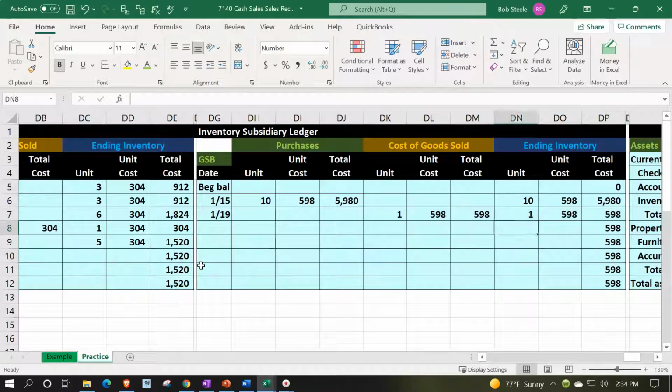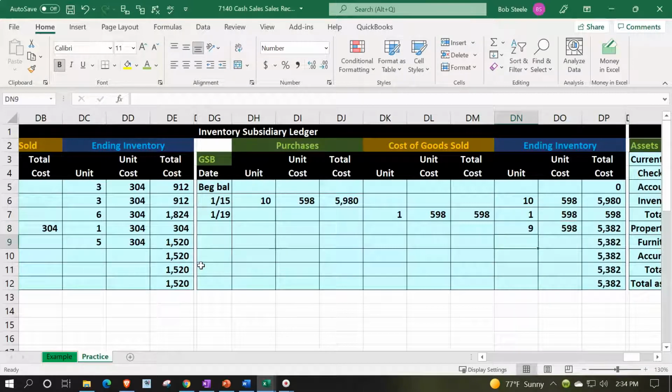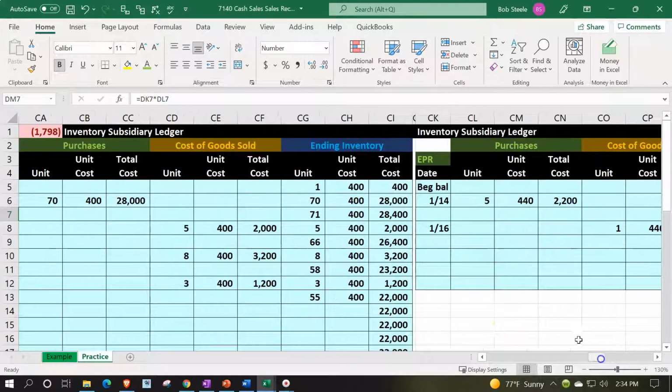So we had 10, we sold 1. 10 minus 1 is 9. They all cost $598. So if we take the 9 times the 598, we're now at the 5382. So now our cost of goods sold is going to be that 598 and this amount that we sold, the 1,200, I'm holding control down to see it there, 1798, which should match what we're out of balance by on the trial balance,